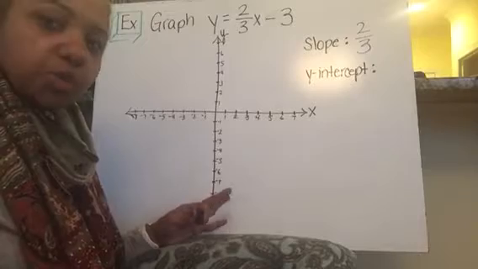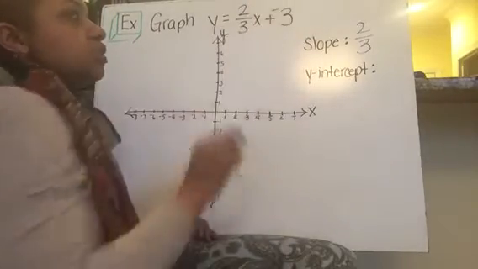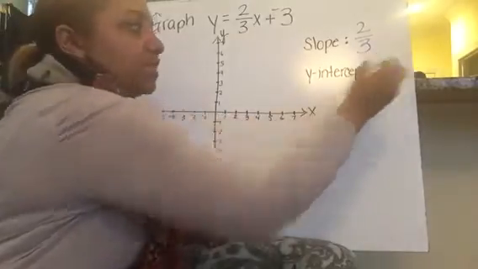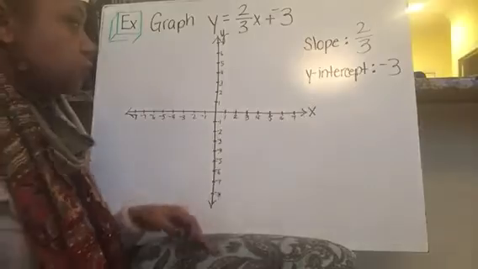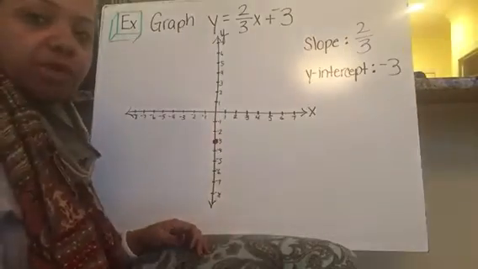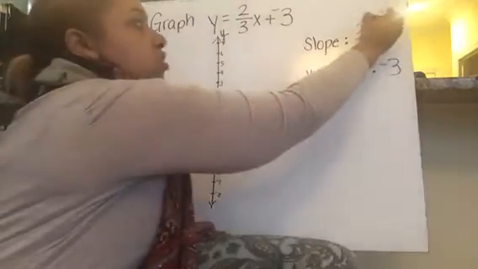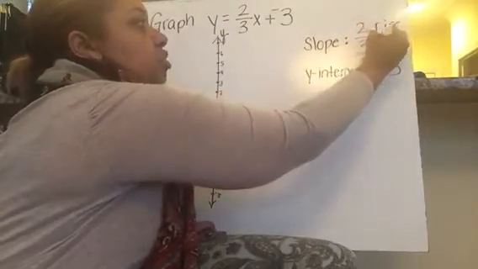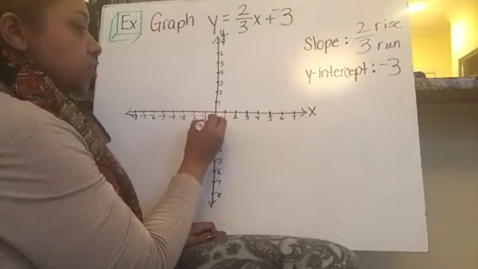Do you remember I told you about additive inverse, keep, change, change? You have to do that, because you have to recognize that that y-intercept is -3. So remember, we start with our y-intercept, which is -3. So I have to go down to -3 and plot the point. Now I go with my slope. My slope says rise 2, run over 3. So up 2, 1, 2,